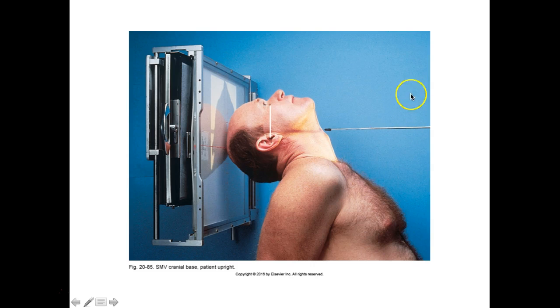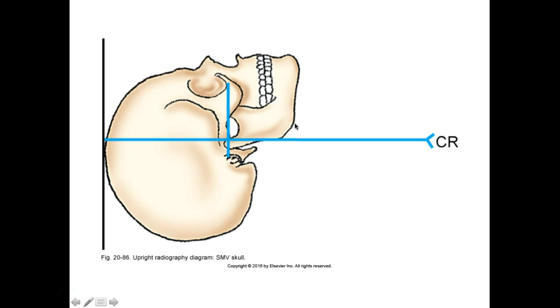So you have your IOML parallel to your image receptor. So they're in the same plane. So you want this cranked all the way back so this patient has a parallel IOML. You're going to enter between the gonions. So here, you can see here we have the IOML and your central ray coming through the angles of the mandible, coming